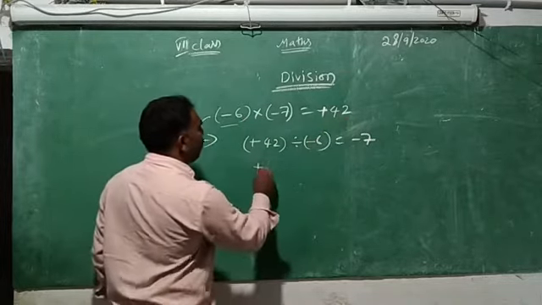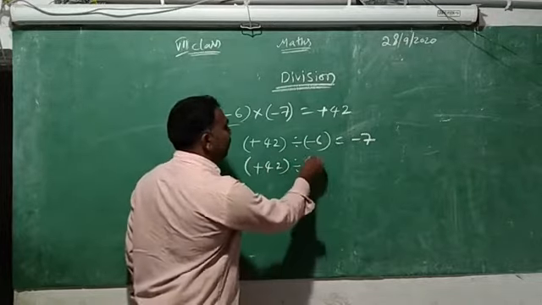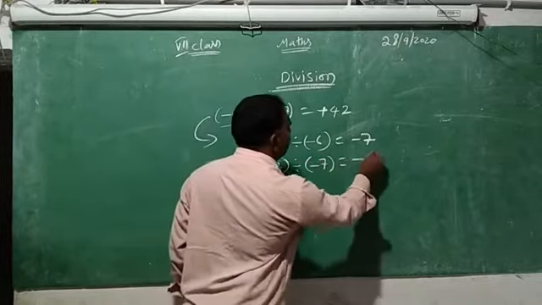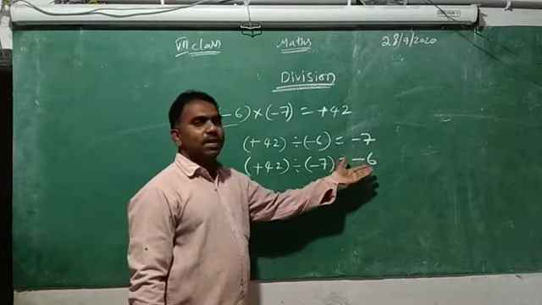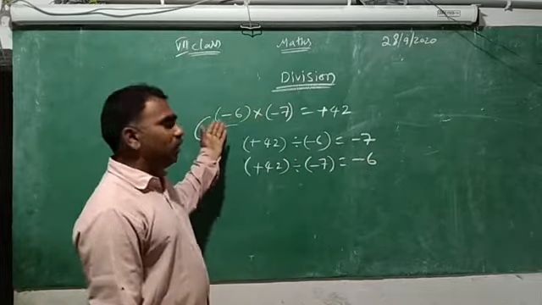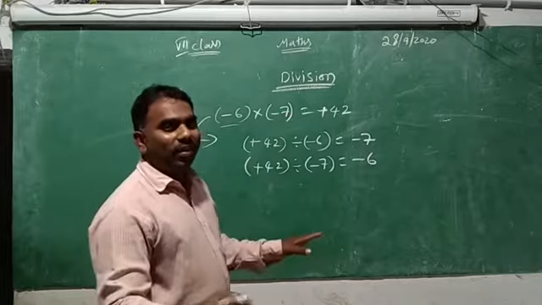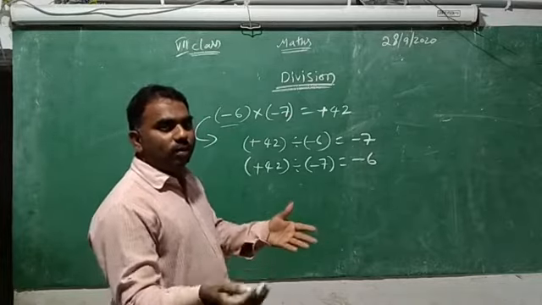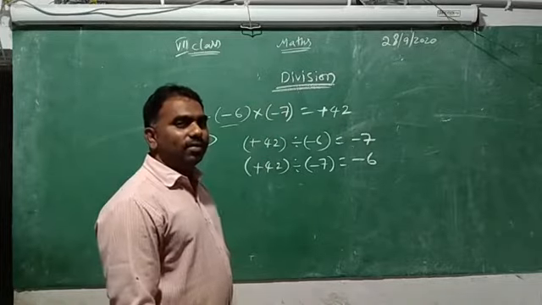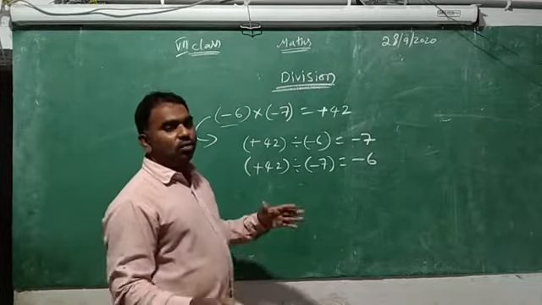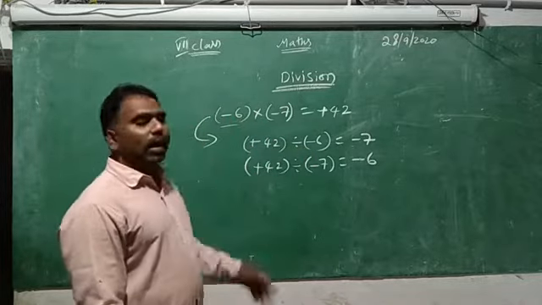So one more division also you can do from this. That is plus 42 divided by minus 7 will become minus 6. So easy. Divisions are very easy. By using the multiplication we can do this. But you don't know how to do it; there is no process, no method for you. But you have done it by using the multiplication, because normally divisions also we do by using multiplications only.